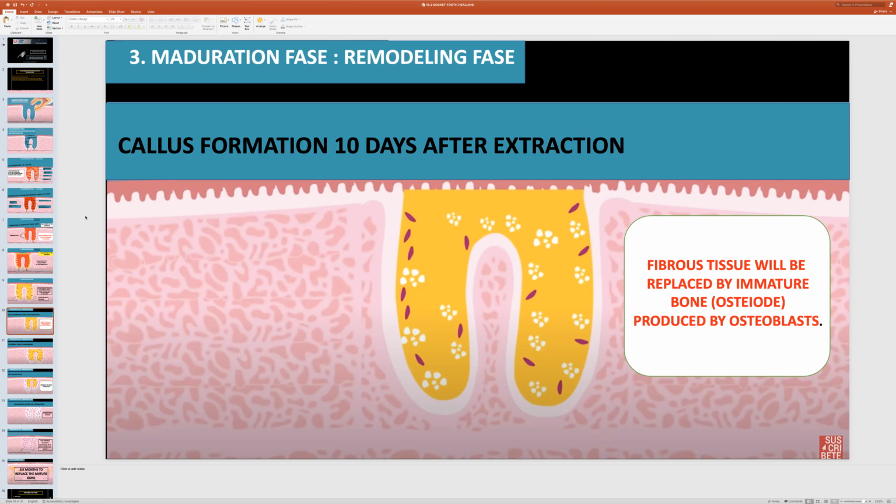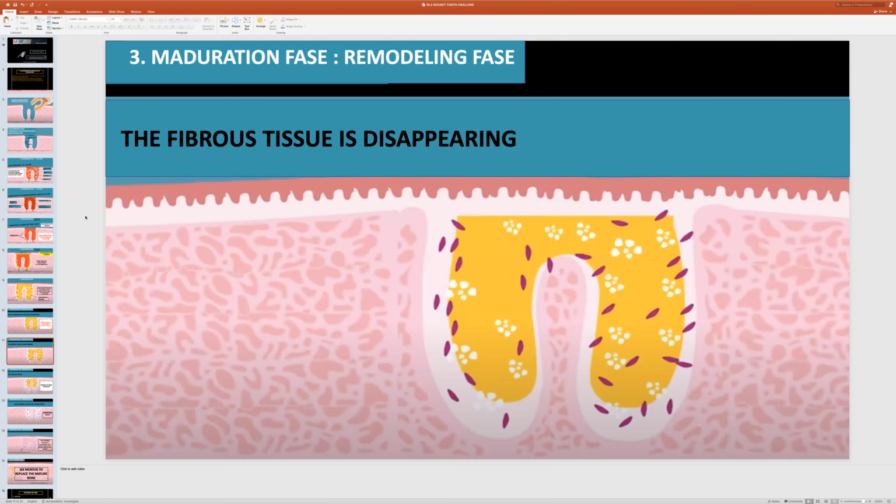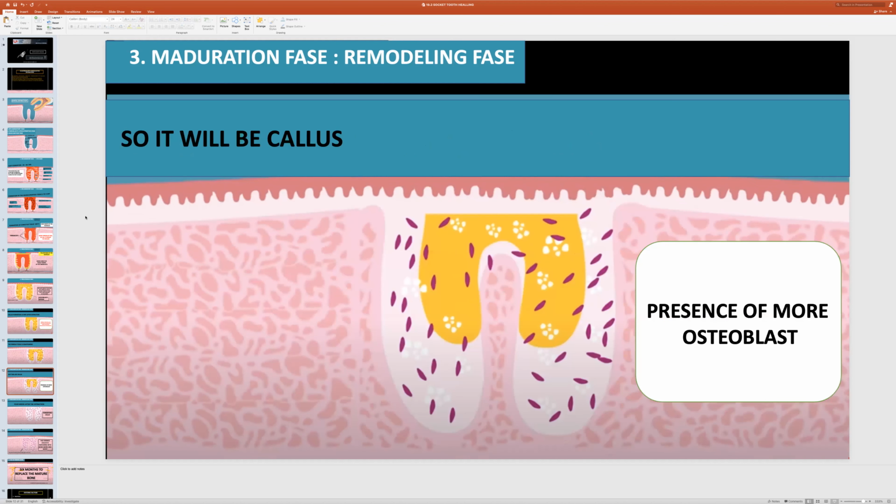Around day 10, we have the osteoblasts who start changing the matrix of the fibroblasts, which will be repaired by the bone healing, making an osteoid structure. So the fibrous tissue will be disappearing. So we see the white one will be what was made by the fibroblasts. It's continuously being replaced by the work of the osteoblasts. So that keeps growing,